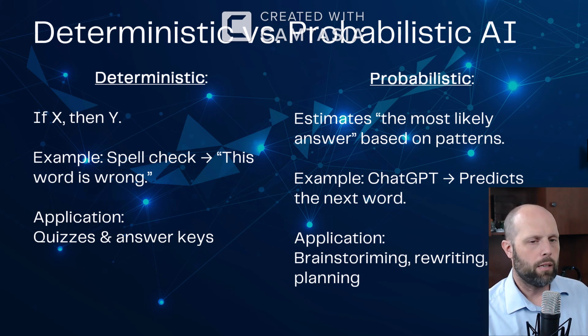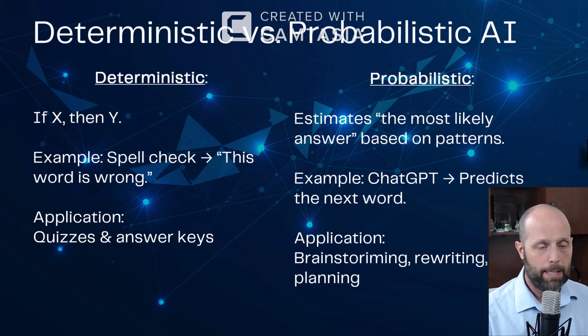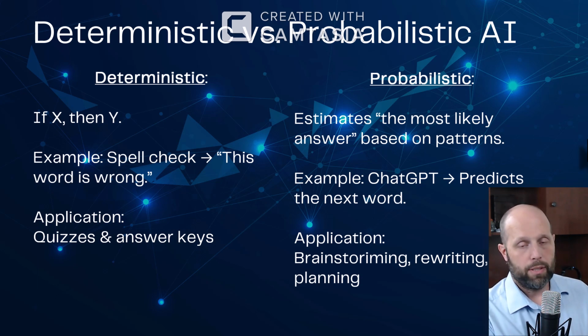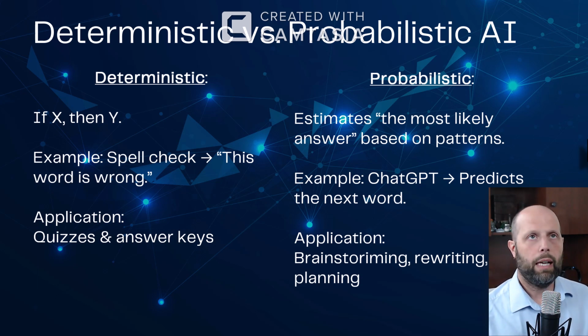And it would say, okay, based on what you've given me, the statistical probability is high that this is going to be the best next thing, right? So for example, when you are using ChatGPT, it will be able to predict the next word in, say, a sentence, or prompt you and write a full paragraph of information based on a prompt that you give it. Because if you say, give me a lesson outline about the solar system, for example, it's going to go into all of its data.